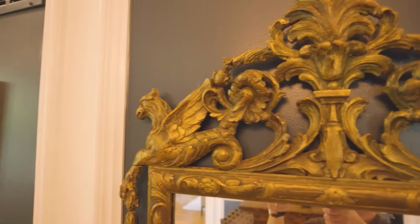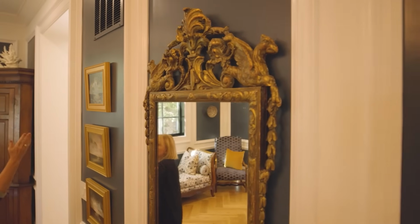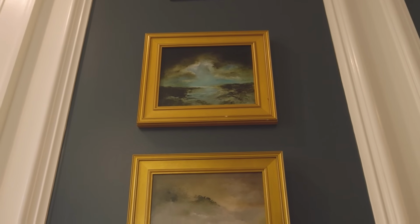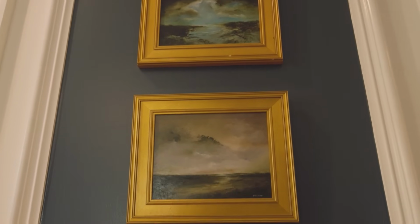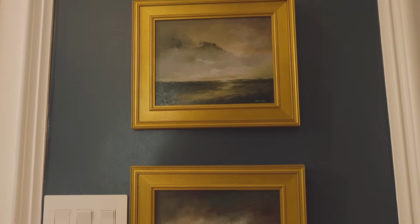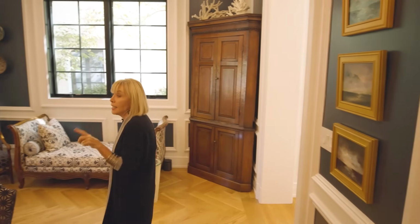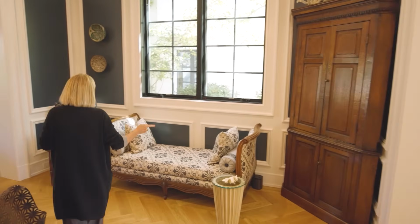I love the griffins on the top. These are by an artist by the name of Phoebe Carr. My brother had an art gallery, a fine art gallery in Kennebunkport, Maine, and he represented this artist. That gallery is now closed, he's retired. And finally in this room,